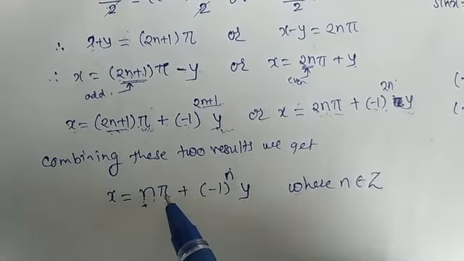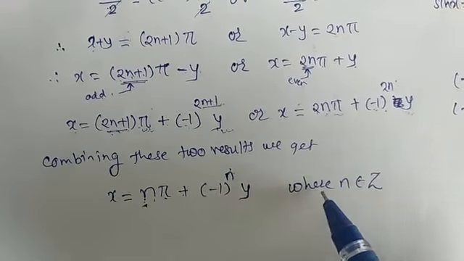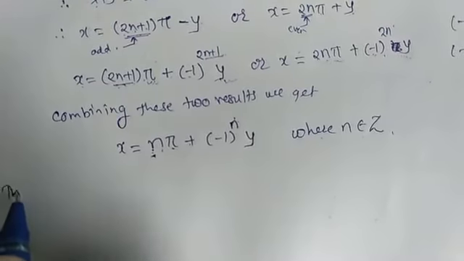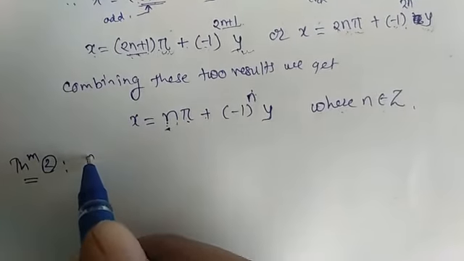Okay, so it will be n pi plus minus 1 raised to n y, where n belongs to Z. Okay, so which is our required proof. Next theorem is theorem number 2. It is straightforward. So for any real number,